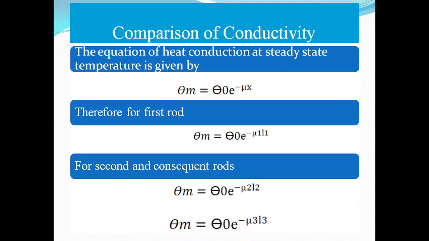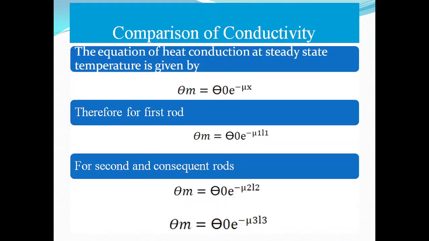Now, in these equations, you may be observing that the left hand side is the same, theta m, and therefore we can write the right hand sides as equal, isn't it? In the first equation, the left hand side is theta m. In the second equation also, the left hand side is theta m, and in the third equation also. So the right hand sides we can equate from all these three equations, or however many rods there may be.